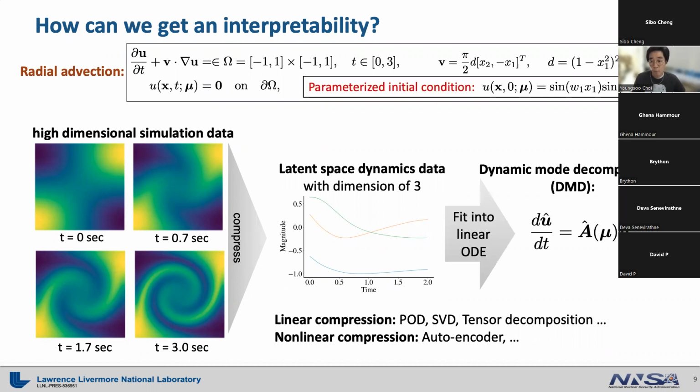By the way, if we choose to use linear differential equations, then we are more or less using the famous method that is dynamic mode decomposition, so-called DMD. The DMD fits latent space dynamics into a linear ODE model. We know a lot more about linear ODEs than a neural network. So this approach, although purely data-driven, is interpretable.